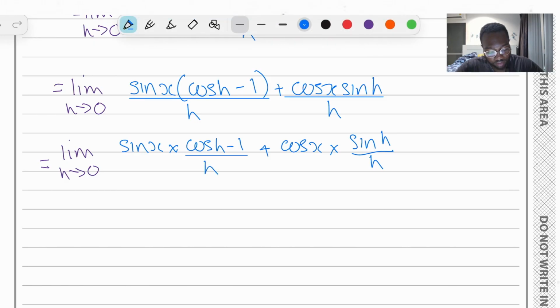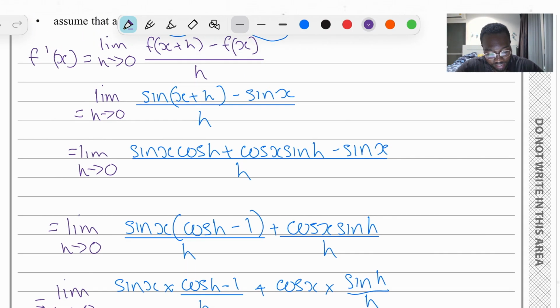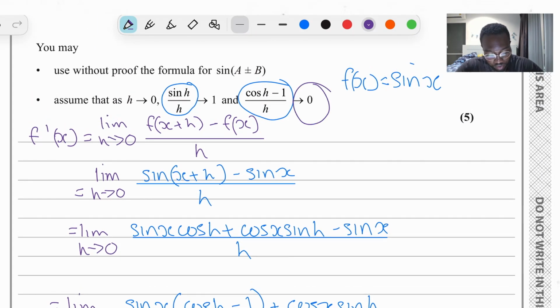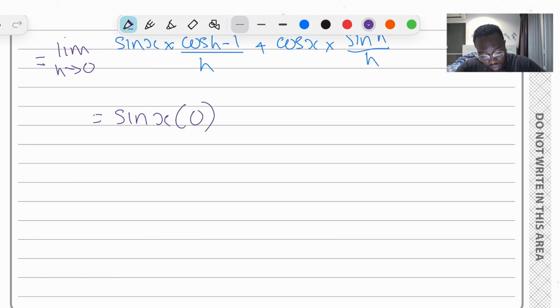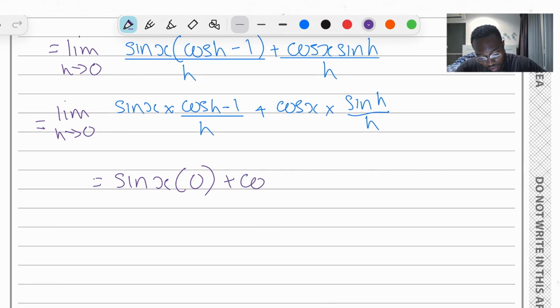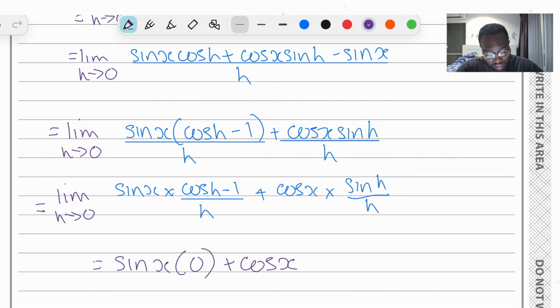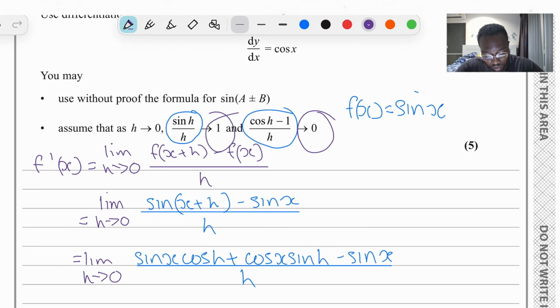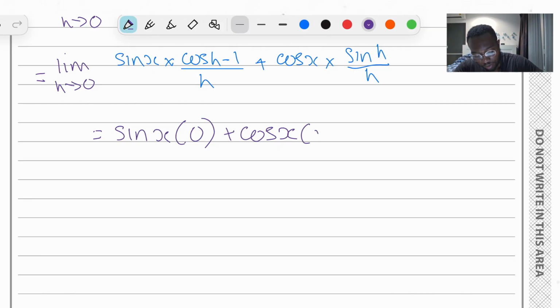Now that we've got it in that form, let's tend everything to 0. As h tends to 0, what do we get? We get a sin x, and we have a (cos h minus 1) over h. As h tends to 0, that would tend to 0 as well, so this would just be 0. And then we get a cos x, and as sin h over h tends to 0, that would be a 1. So therefore we get a times by 1,